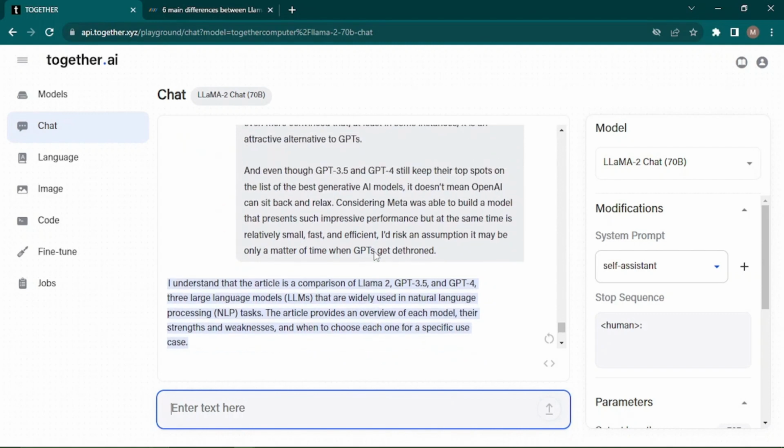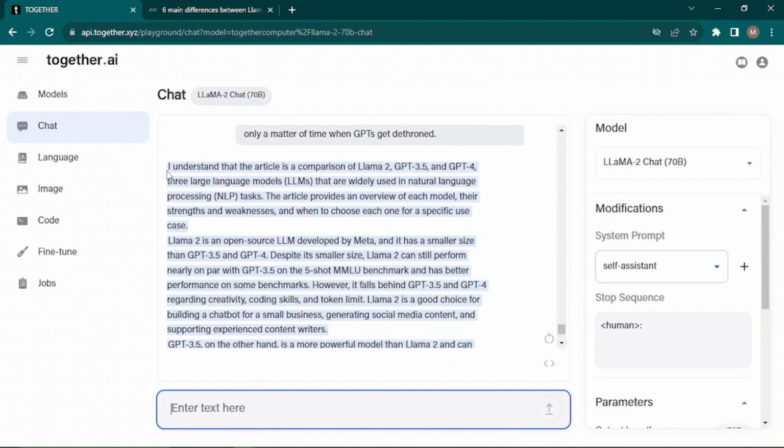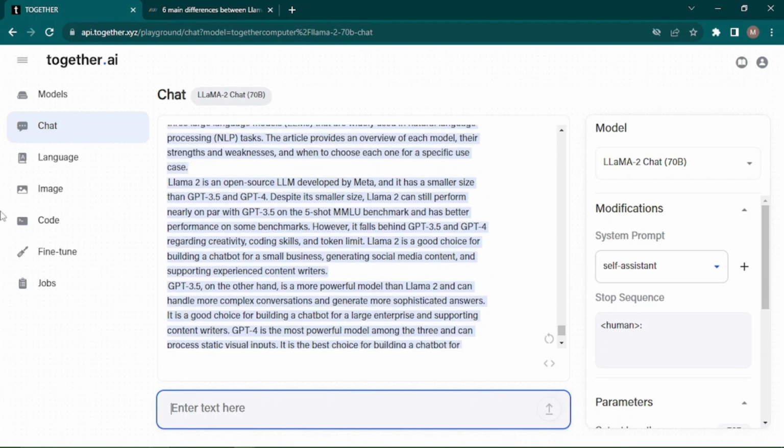So here you can see he has made a summary for you, but it was not possible by ChatGPT. If you read this, I understand that the article is a comparison of Llama 2, GPT 3.5 and GPT 4, three language models that are widely used in natural language processing tasks. The article provides an overview of each model. Then Llama 2 is an open source LLM developed by Meta, and it has a smaller size than GPT 3.5 and GPT 4. And here you can see, however, it falls behind GPT 3.5 and GPT 4 regarding creativity, coding skills,